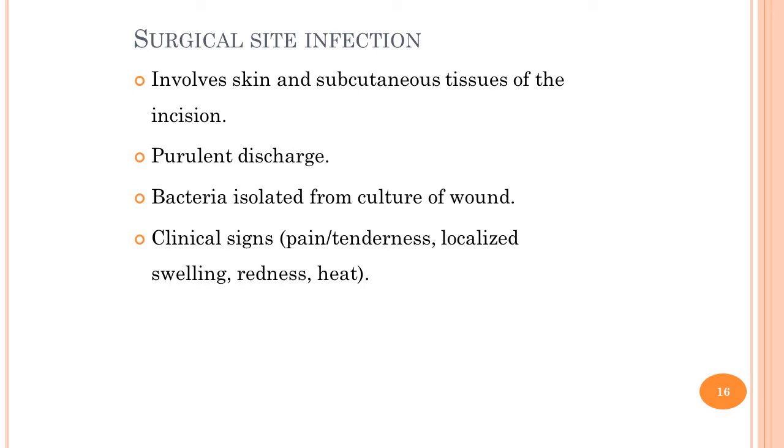Surgical site infection is one more unfavorable condition during postoperative care. The cases are usually those with a history of repeat surgeries or patients with anemia, where the chances of infection are more. The infection usually involves the skin and subcutaneous tissue, and there will be features of local infection. There will be purulent discharge from the surgical site, raised local temperature, redness and swelling, and increased pain or tenderness at that particular area. The wound swab culture is taken and the appropriate antimicrobial is selected according to the results.